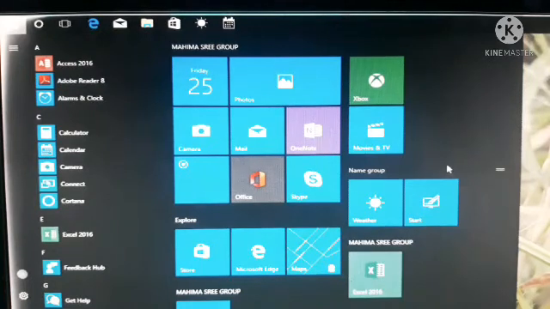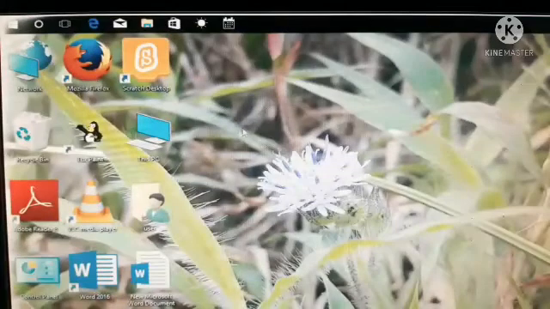Today we are going to learn first about wallpaper. First we see what is wallpaper. The background image that you can see on the desktop is called wallpaper. So this is a desktop.